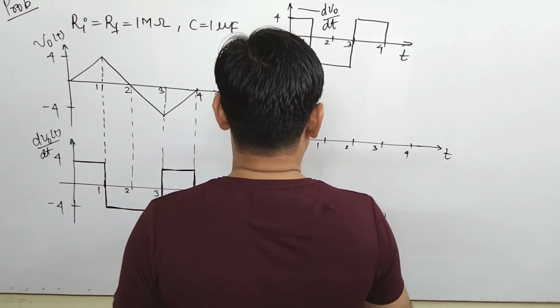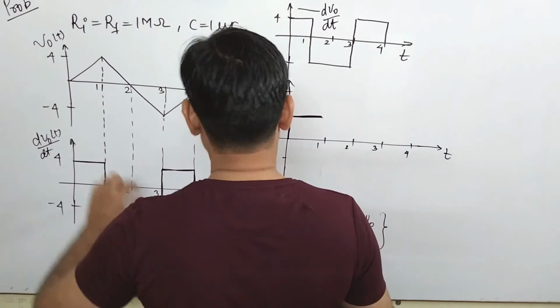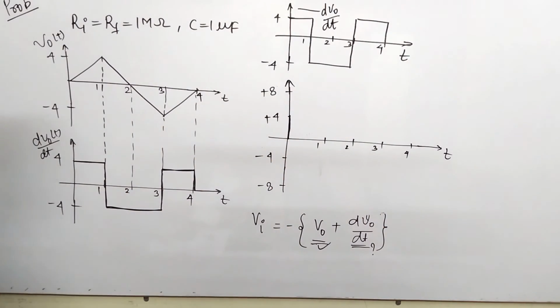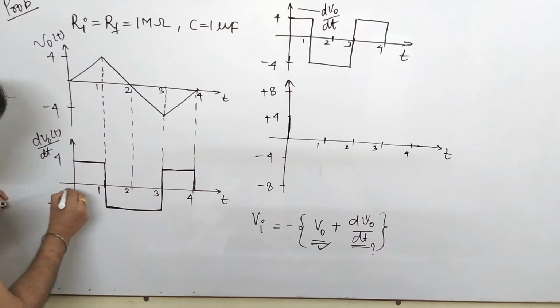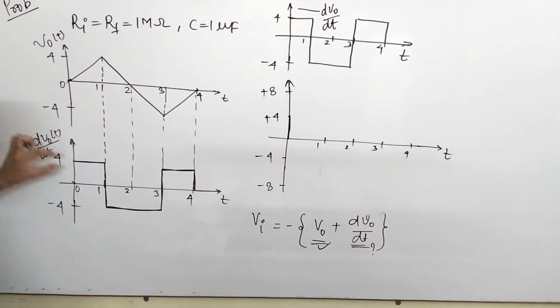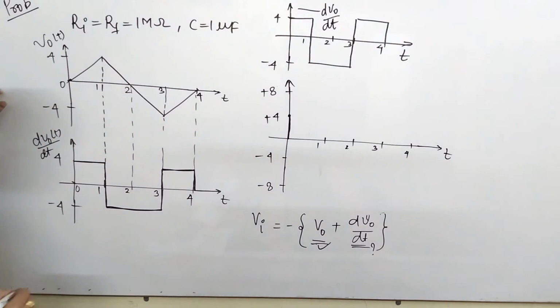Okay, but since it is a ramp signal, now please see, at 0 this is your origin. At 0 this magnitude is 4, this is 0, so 0 plus 4 comes to be 4. It means your signal will start from somewhere here, 4. But now from 0 to 1 the signal is a ramp. From 0 to 1 the maximum magnitude is 4.